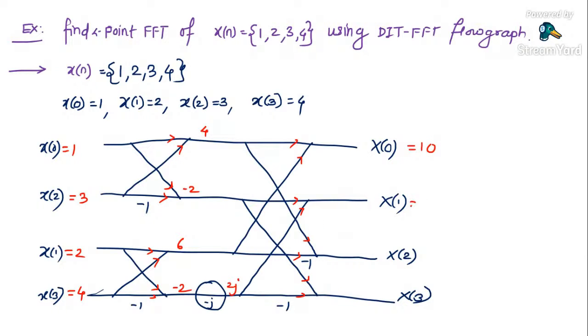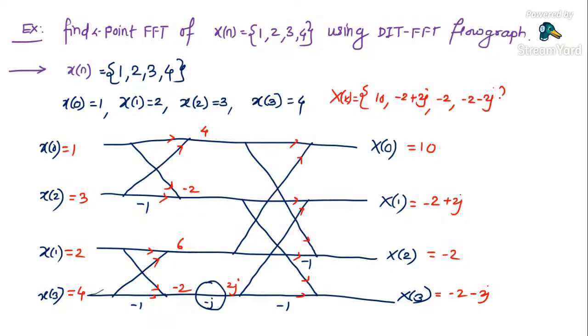Then minus 2 plus 2j. Then next, at this location, 4 minus 6, that is minus 2, and then minus 2 minus 2j. This is 2j multiplied by minus 2j. So we have this answer, x of k is equal to 10, minus 2 plus 2j, minus 2, minus 2